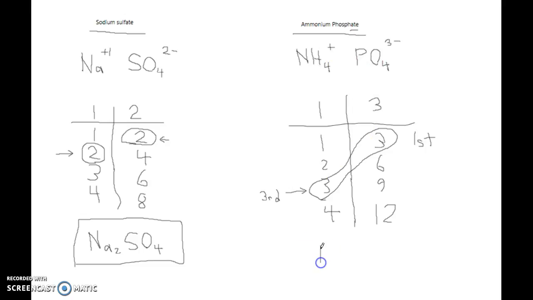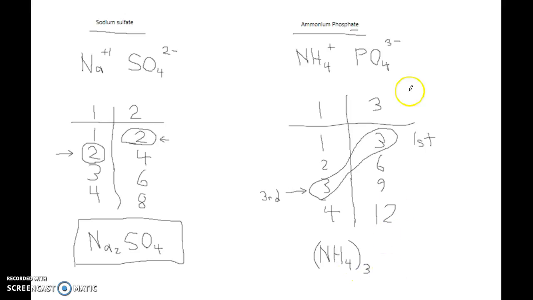So now whenever you need more than 1 polyatomic ion, it is imperative that you put parentheses around the polyatomic ion. So think of it as doubling or tripling the recipe. I need to double or triple everything inside the parentheses. So I put parentheses around it, and then I need 3 of them, so I'll put a little 3